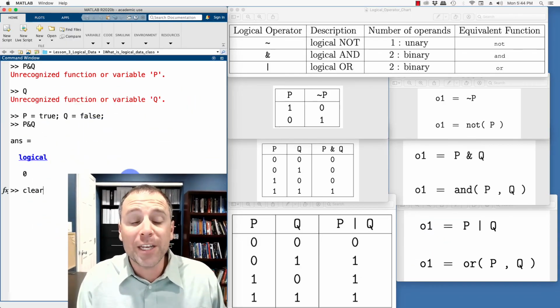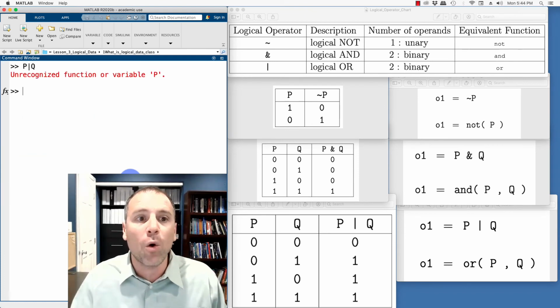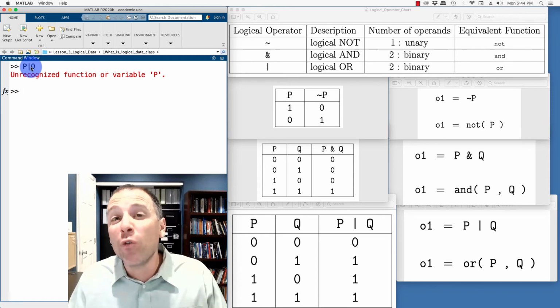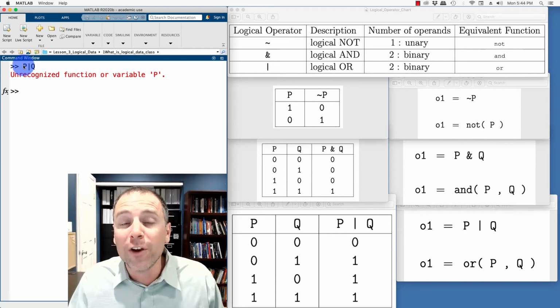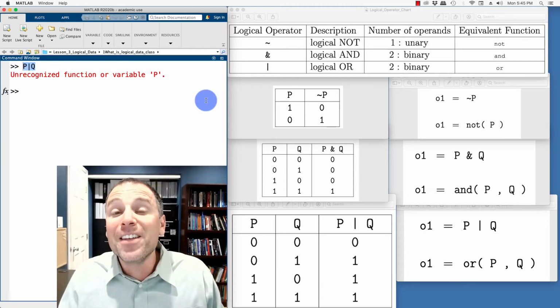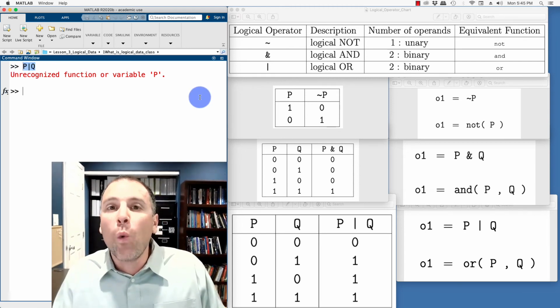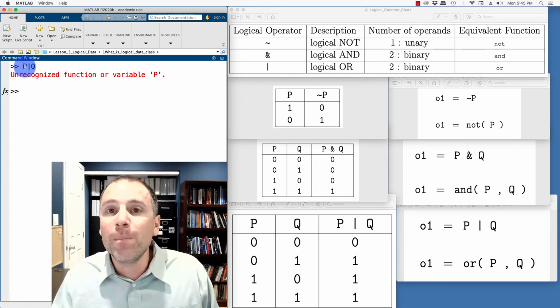The point of this video is to make very clear, if I have nothing in memory and I try to call P or Q, that call gives this general form of a logical operator, but it will have no truth value unless I specifically assign truth values for the variable P and truth values for the variable Q, at which point we can actually find the truth value of the statement P or Q. This is useful in computer programming because when we're setting up a program, we don't know a priori what the truth value of the input is, but we may know what form we want to make decisions.